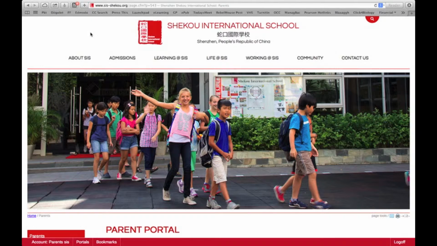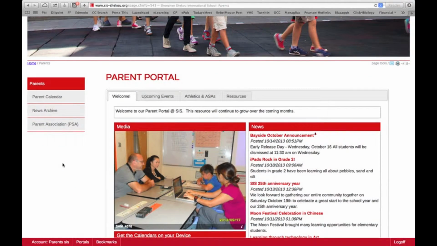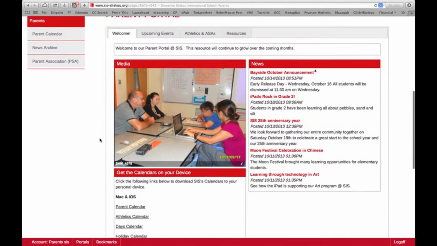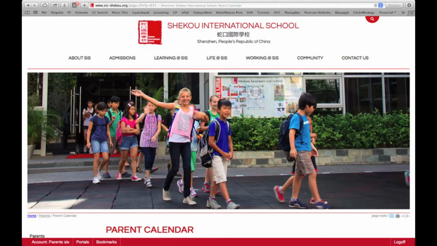So once we've logged into the parent portal on the new website, you can see that at the bottom of this screen there's a way to get calendars on your device, and down here are RSS feeds. If you use a newsreader, you can get the updates to the calendar through that system. What we're going to do is click on parent calendar, as we're going to look for a way to import